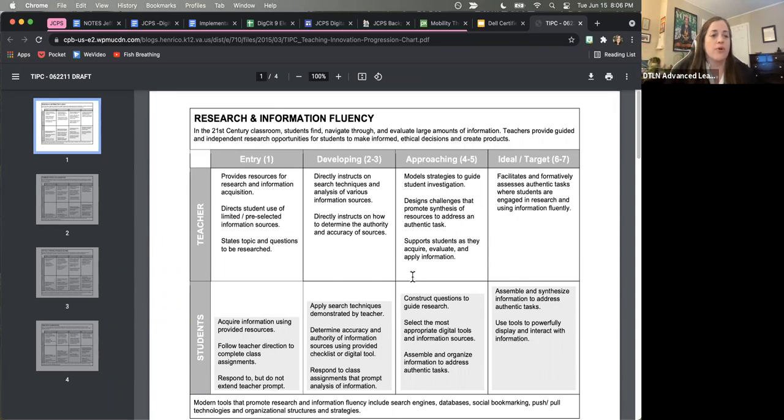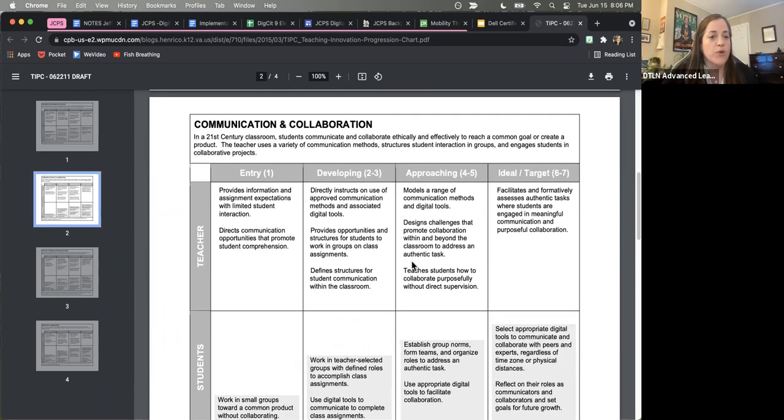So for example, if you are working on the communication and collaboration area as a goal, then there are skills for the teacher and skills for the student. In each one of those sets, you can see: am I doing something in my classroom that's more student-centered, where students are leading their own work, which is a good thing, or am I doing things that are more teacher-centered?